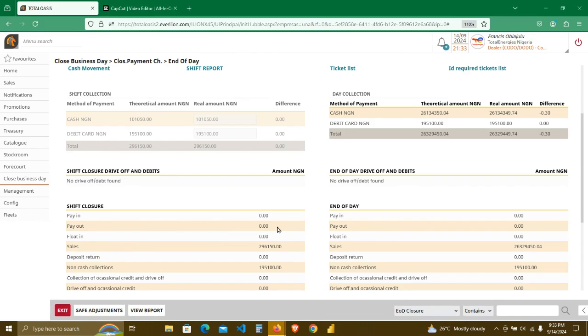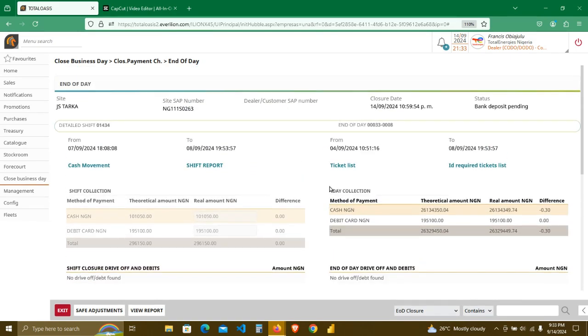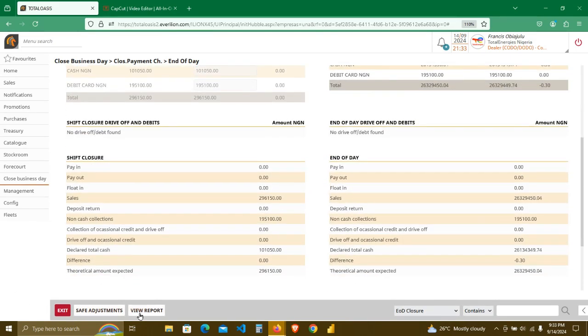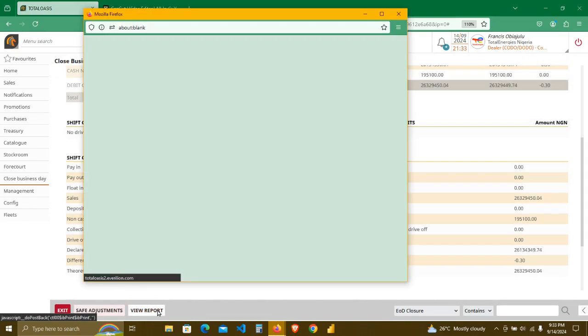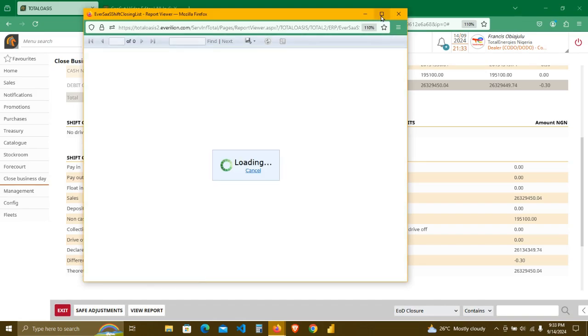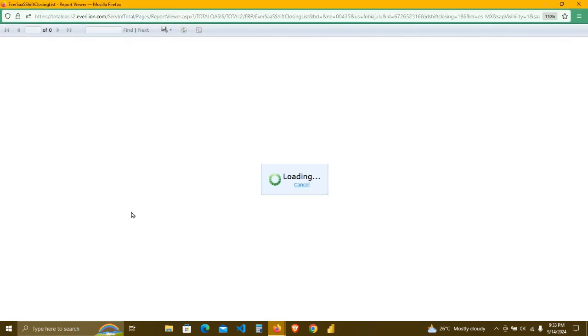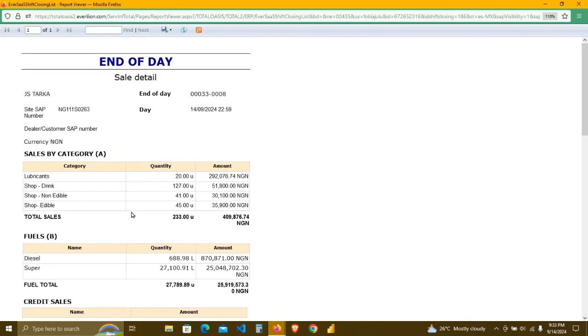Okay. So once we do this, we are good. We can now exit. But we can view report. Let's go to view report. View report is going to show us everything that we've done. It will summarize everything so that we can print it out or have it for our record. So end of day, this is showing the lubricants were sold, shop drink, shop non-edible, shop edible. This was the sales,